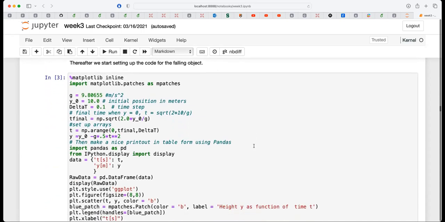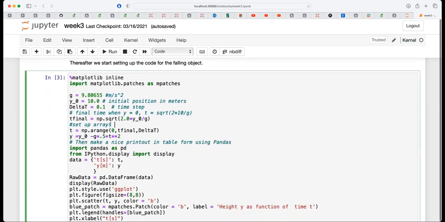And if you look at the first example, this is just a falling object. And what I've defined is a T-final. As we went through in the lectures, we could calculate the T-final. I define a delta T step 0.1. And now what I do is that I arrange my T from 0 to a T-final in these steps delta T. So delta T is 0.1. Okay, so what I'm doing now, I'm setting up an array with values of time. So this is my discretized time. Are you familiar with this NumPy vector arrangement form? Good.